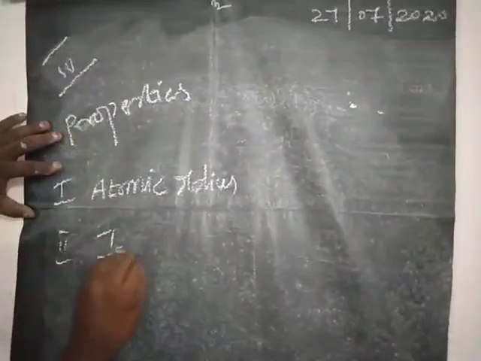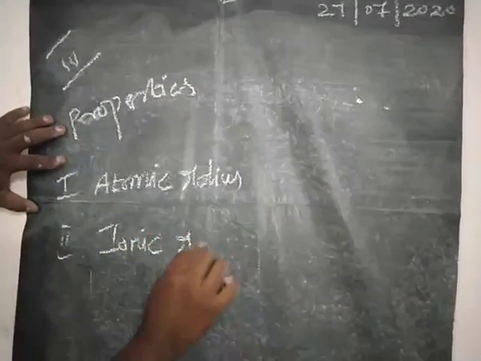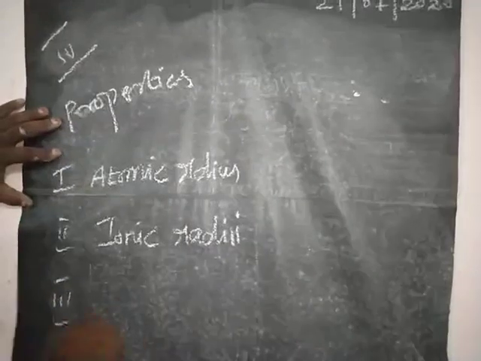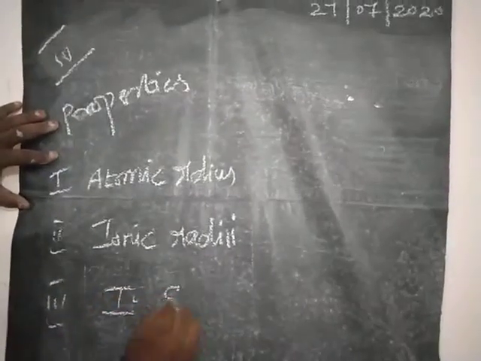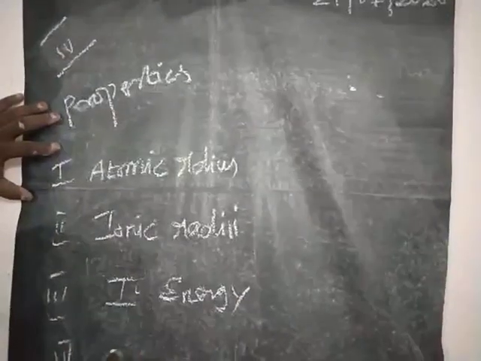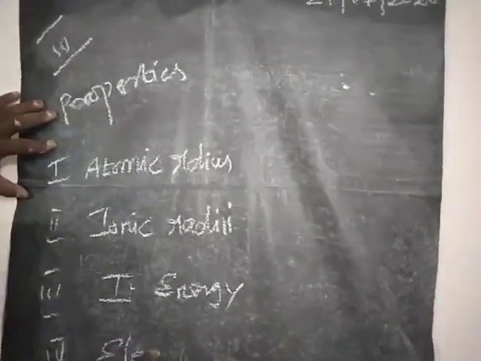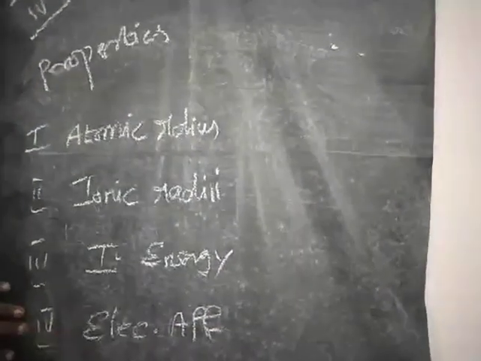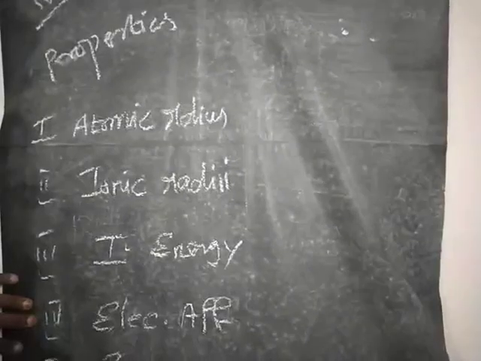Second one, ionic radii. Third one, ionization energy. Fourth one, electron affinity. Fifth one, electronegativity. If you take the period and group,